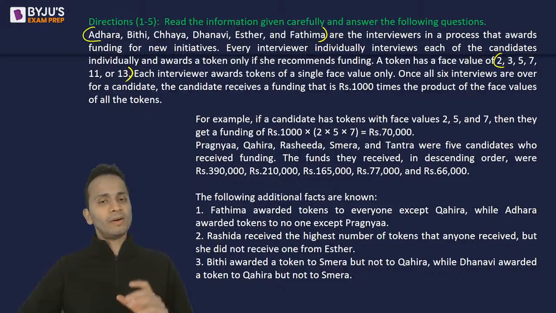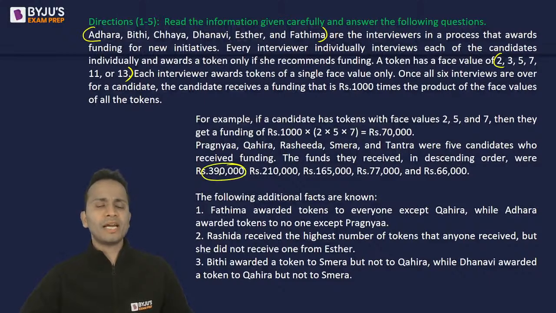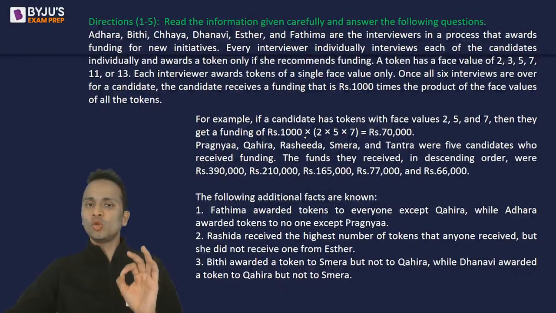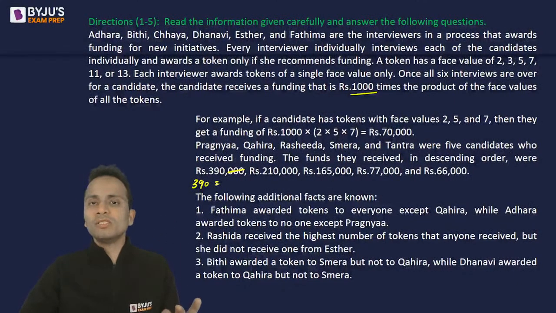Now I'll make an empty table. In the rows I'll write the amount of funding. Now if you look at this funding, 3,90,000. How will a candidate receive a funding? It will be the product of the tokens multiplied by 1,000. So if I remove this 1,000, then I can say that 390 should be the product of the tokens received